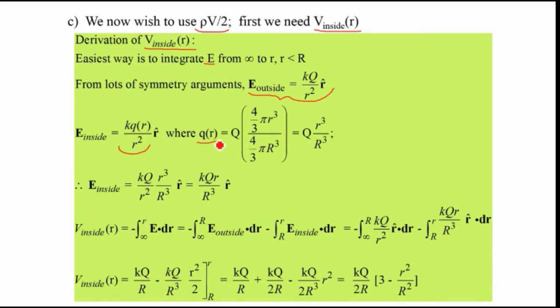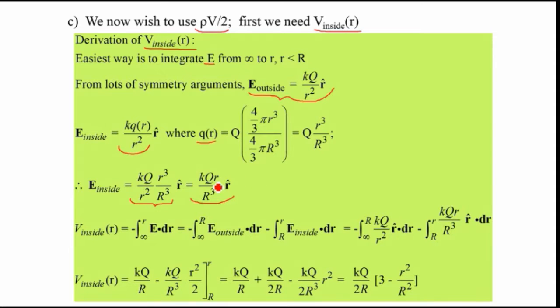What is q sub r? Well, we've already got that. It's the capital Q times the volume of the inner sphere divided by the volume of the total sphere, and that will give us the charge that is inside the small sphere, and that's Q little r cubed over capital R cubed. So using that for our little q, we can get the E inside, and we write that down like we would expect to have kq over r squared. The kq times this is the q inside, and so that simplifies to this,